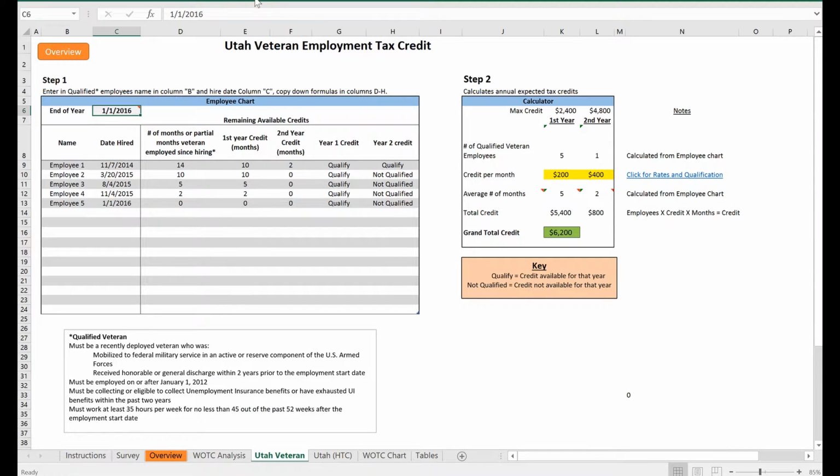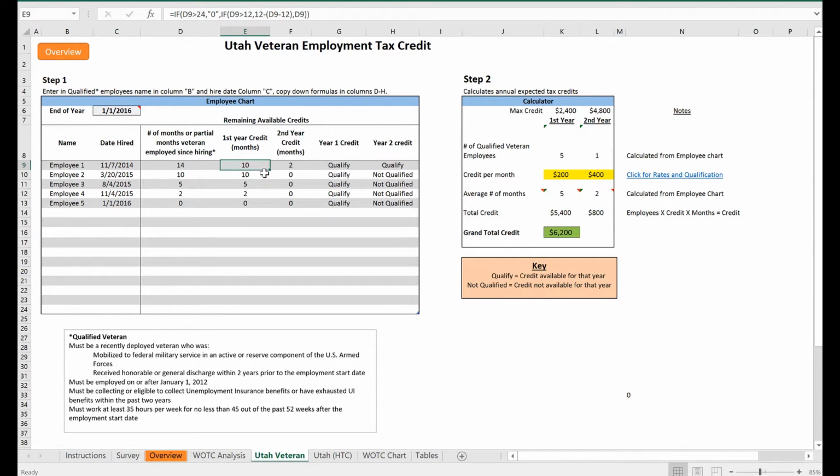I'm sorry, let's go back one more year. Since they started in 2014, the end of the year, so this would be calculating November and December. As you can see, it's calculating 1 credit that you'll be getting, or 2 credits, 2 months worth in the first year of credits. If you fast forward one more year,